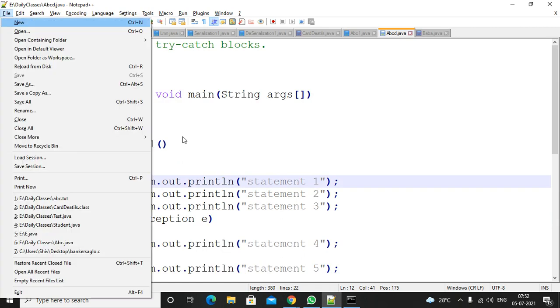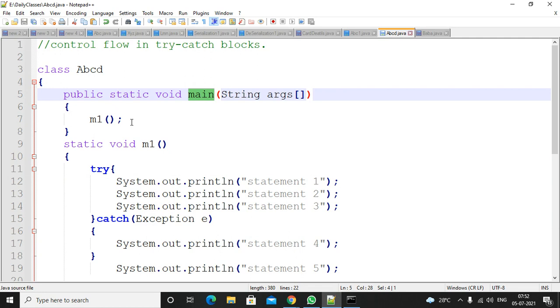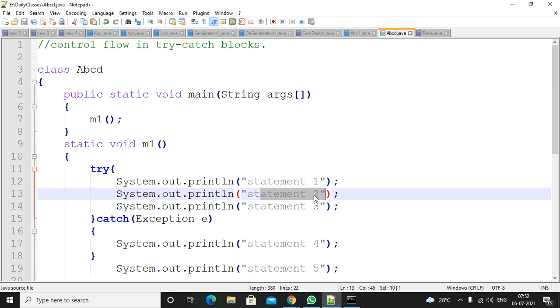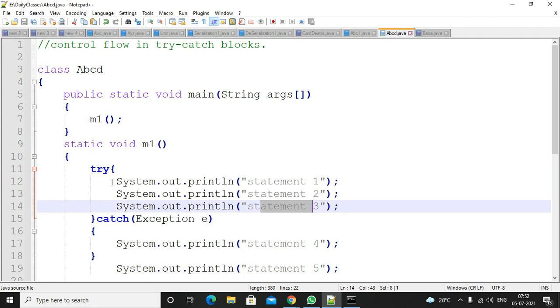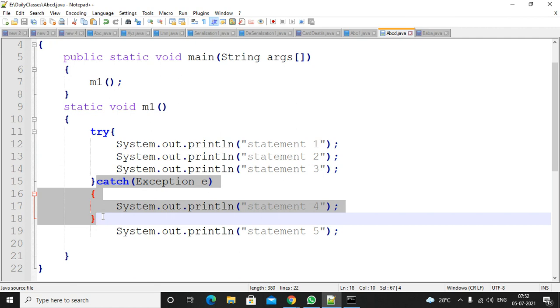In this case, what will happen? The main method will call the m1 method. The m1 method is executing and will execute the try block. Inside the try block, these lines don't have an exception, so it will print statement 1, statement 2, statement 3. You don't have any exception, so it won't go to the catch block. The catch block will not be executed in this case.